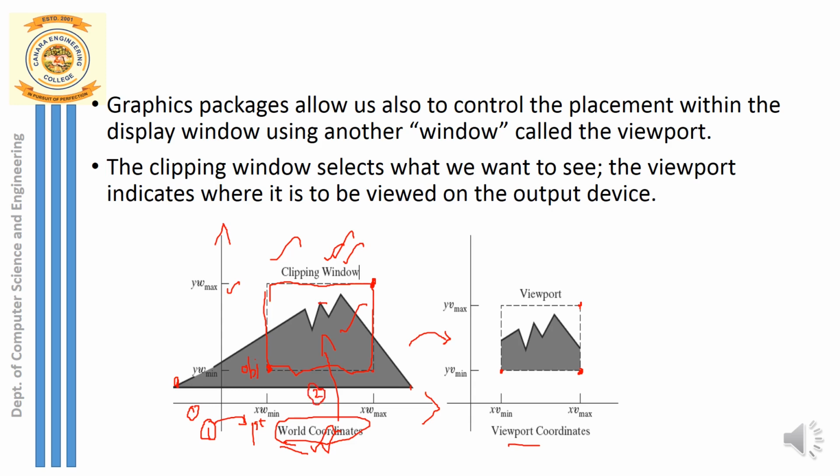Once the second conversion process is done, next I am ready for mapping. What is that mapping? I have to map the window to the viewport. So window to viewport is my third step of conversion. Once I have mapped to the viewport, my last step is finally displaying this graphics on the device. What is that device? This graphics can be displayed on any device. Usually I take the computer screen monitor as my output device where I am finally displaying. So a computer can be a device. Next, I can also use my mobile phone.